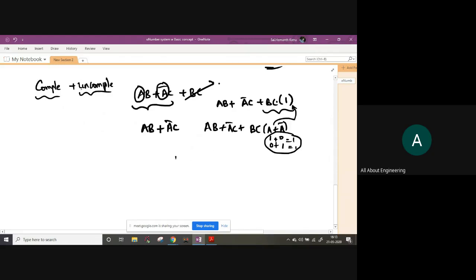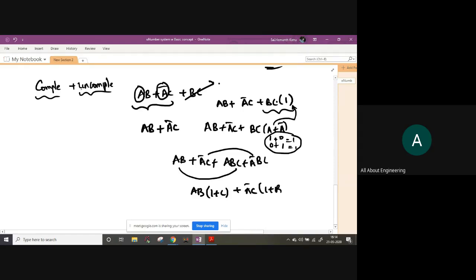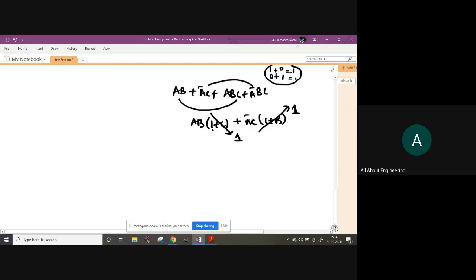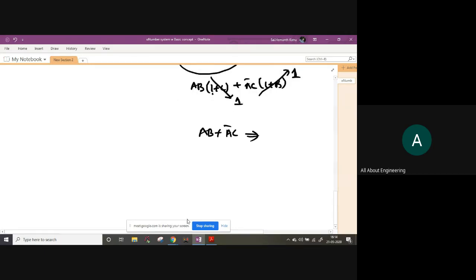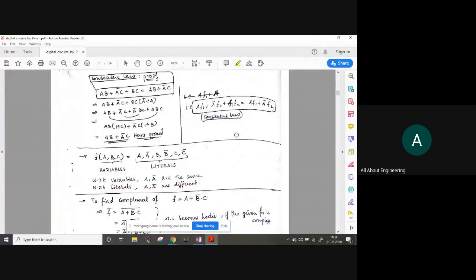Now what I'm going to do is write this as AB plus a bar c plus abc plus a bar bc. Now from these two terms you can take AB common, AB into 1 plus C. Similarly from these two you can take A bar C common, 1 plus B. So 1 OR with anything, that doesn't matter, the result will be 1. OR with C, OR with 1, the other thing can be anything, it doesn't matter, the answer will be 1. So you will finally end up with AB plus A bar C. So this is called consensus law, which is very, very important and we often come across that thing. So this is the proof that we have seen so far.